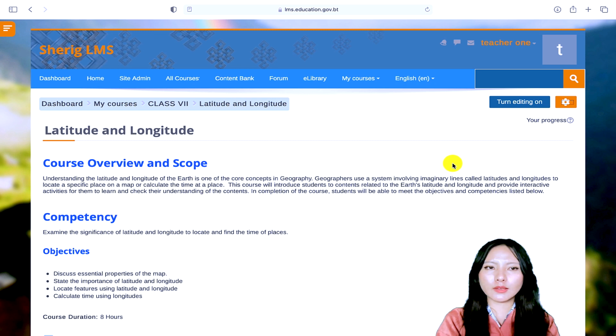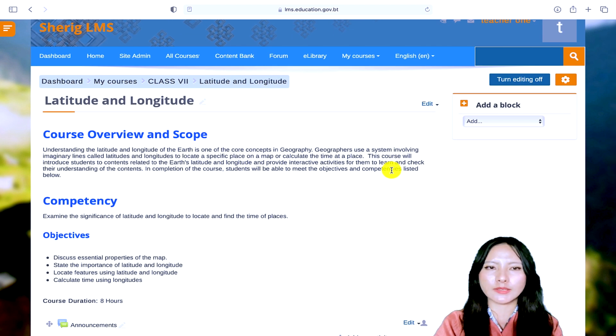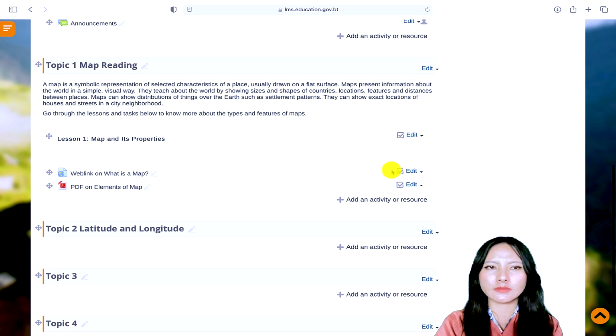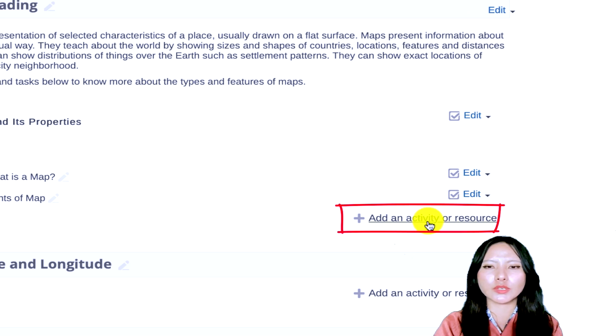We are now on our sample lesson. To be able to add contents to our lesson, we have to turn editing on. Click on turn editing on, and now we are allowed to edit our lesson. Scroll down to topic 1 map reading. We're going to add our H5P content under this topic, so click on the add an activity or resource under topic 1 map reading,